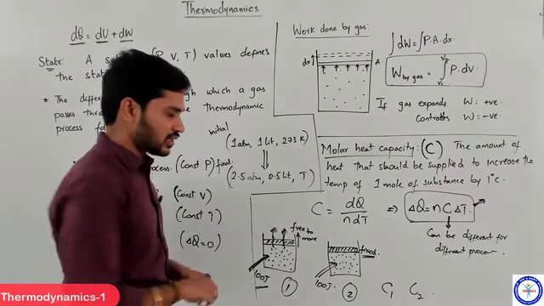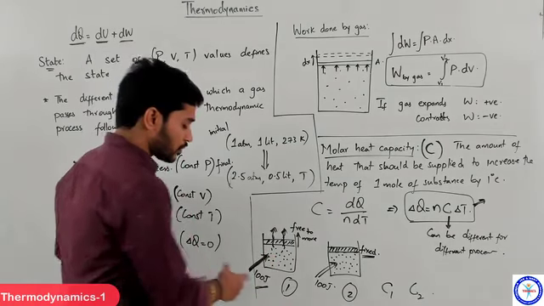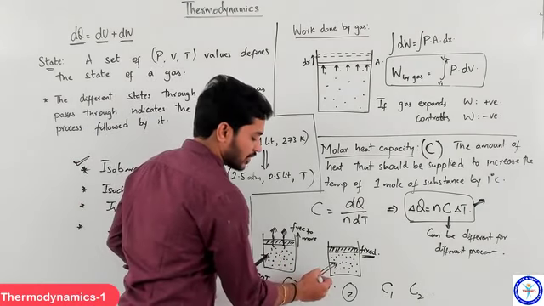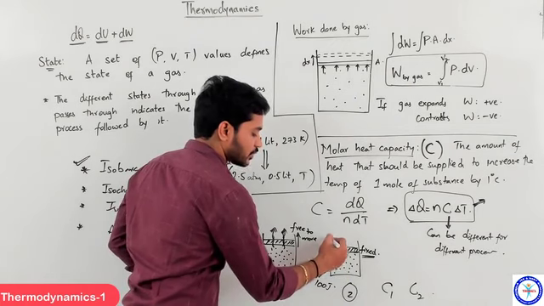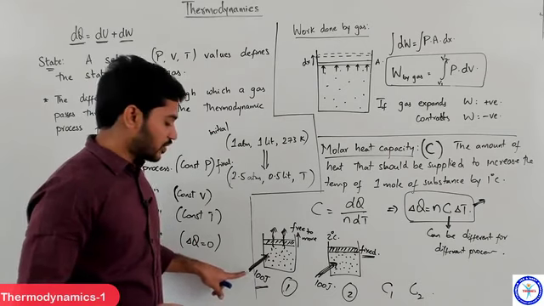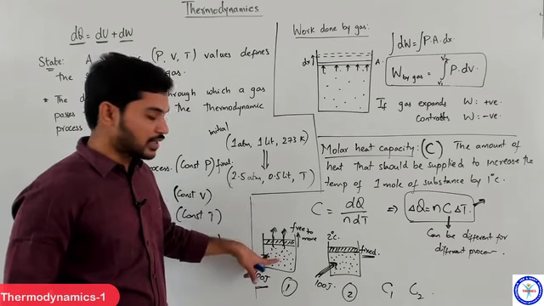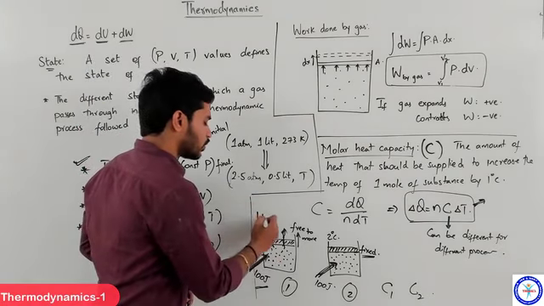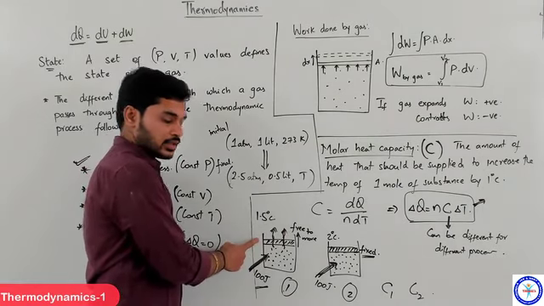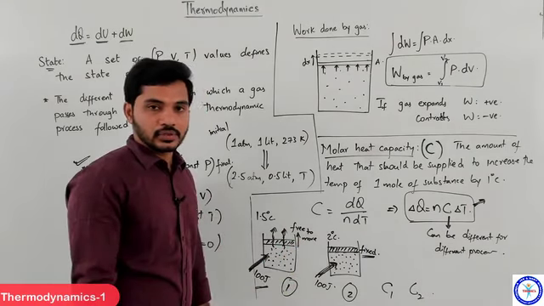I hope you are getting the difference between these two. So whatever heat that I am giving here, 100 joules, not the complete value is being utilized to increase the energy. For example, if let's say by giving 100 joules here, the temperature has increased by, let's say, some 2 degrees Celsius. Let's say here what will happen? Out of the 100 joules that I have given, because only some part of that is being utilized for increasing the internal energy, maybe the temperature rises by only 1.5 degrees Celsius. Clear? So which means in this case I need to give more heat so that the temperature rise is the same in both the cases. Do you understand what I am saying?